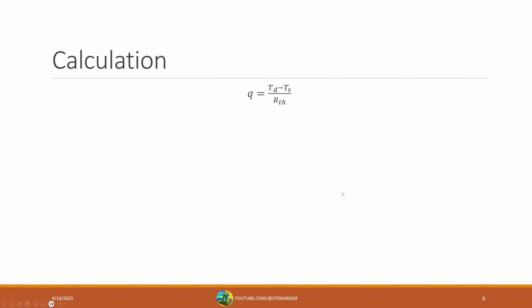So to find the temperature of the device, since it's only conduction that we're really worried about, we can use the simple equation of Q is equal to TD, which is the temperature of the device, minus TS, over RTH. In this case, our thermal resistance is our only resistance, so we could also take this as the total resistance. And simply plugging in the numbers we have, we know it's 50 watts generated by the device. We know that our surface temperature is 339.37 degrees Kelvin, and we know that our thermal contact resistance is 0.1 Kelvin per watt. And we can go ahead and rearrange, solve for TD,